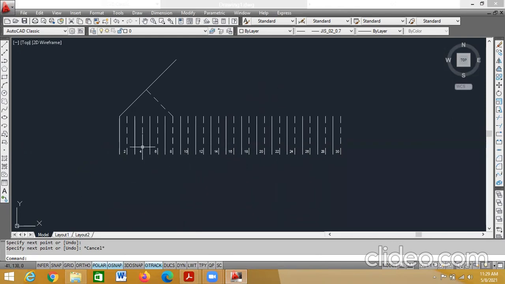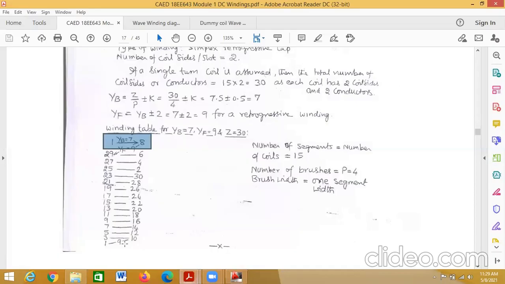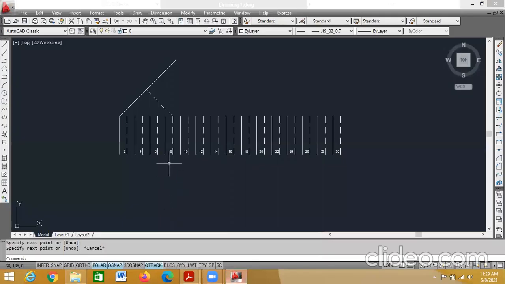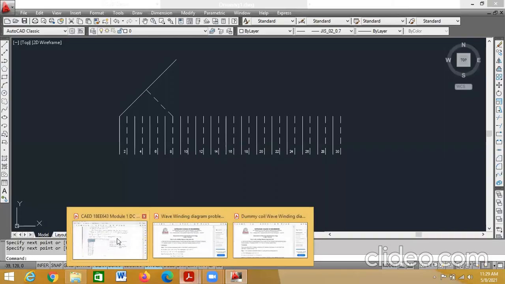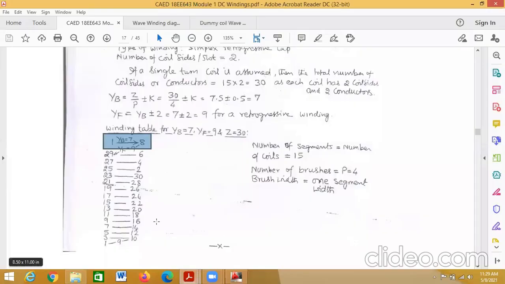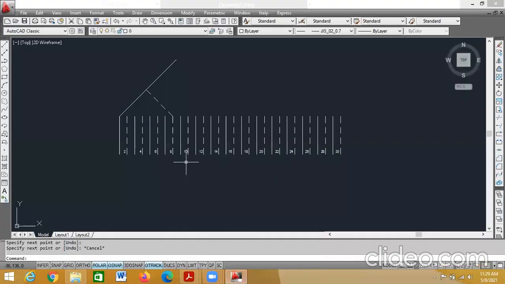So we'll do some other connection, wherein 12 is connected to 3, or 10 connected to 1. Any one YF connection you have to show.